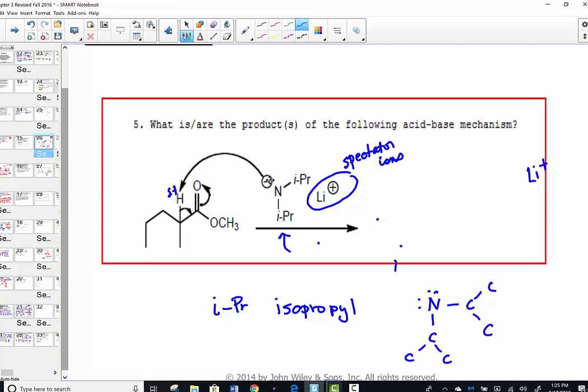Track the flow of the arrow. From the nitrogen, a set of electrons is going to form a bond to this hydrogen, and the hydrogen gets plucked off, right? That's what that arrow is representing. I am taking your hydrogen. So let's pause there for a moment. We've just figured out one of the products. The original nitrogen, who had isopropyl on it,